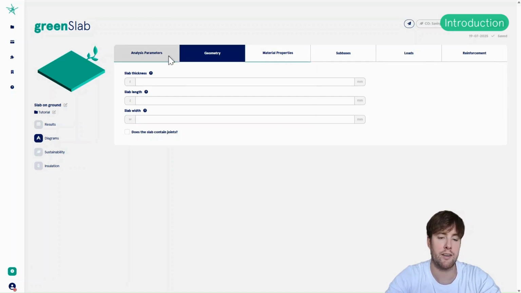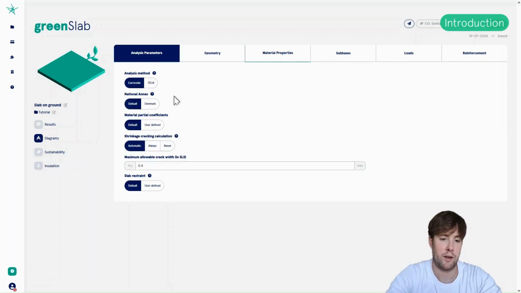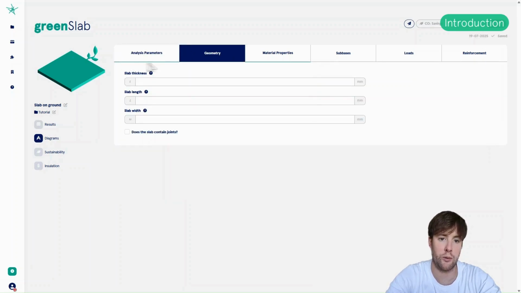As you might notice, there's a little green line under the analysis parameters and the material properties, and this indicates that you filled in sufficient data for the program to make the calculation. So obviously, we need green lines under all the tabs before the program can make the final calculations and show the results and so on.